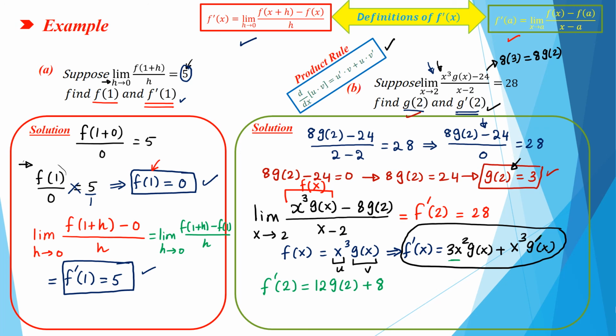We want to find g prime of 2, so it will be the same g prime of 2. Now g of 2 equals 3, and f prime of 2 equals 28. So we have 28 equals 12 times 3, which is 36, plus 8 g prime of 2. And hence